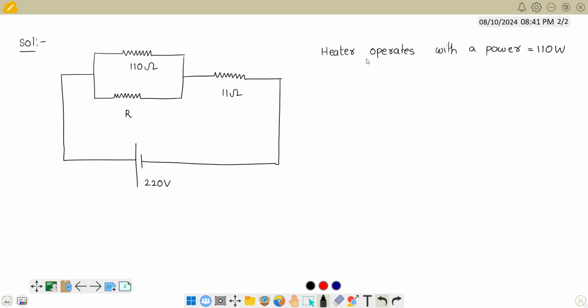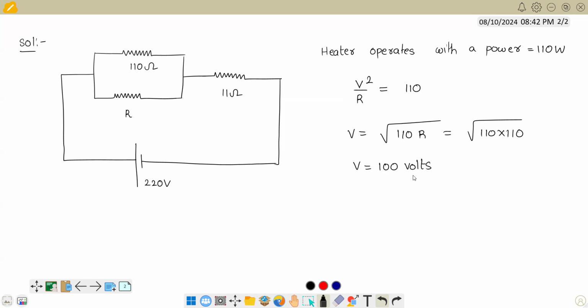So we know, we have a resistance available. So we can find what would be the voltage across it. So we can simply write V square by R equals to 110. So V equals to root of 110 into R. So we know this is 110. So 110 into 110, it would give us V equals to 110 volts. Once we got V as 110 volts,